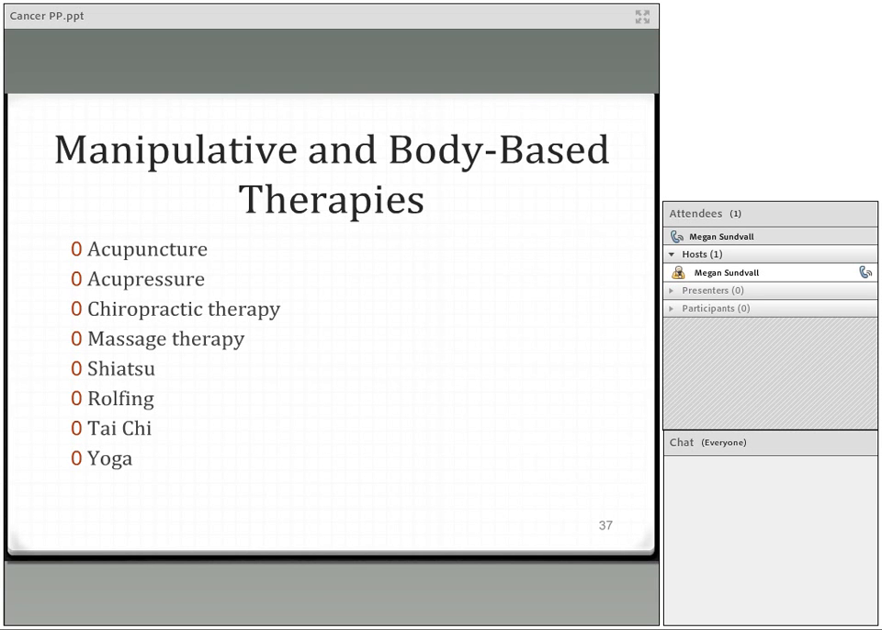Next is shiatsu, and this is a combination of acupressure, massage, stretching, and joint manipulation. So it's focusing on unblocking the qi flow by the application of pressure and massage along the specific meridians. Typically here someone is fully clothed on a low bed or on a floor mat, so it's a little bit different than a massage. Rolfing is the next one, and this is a form of deep tissue massage and manipulation